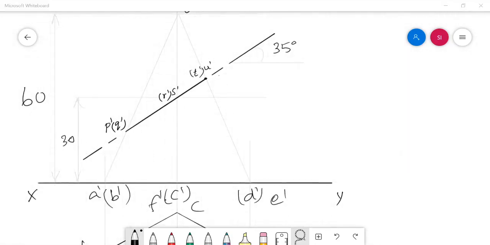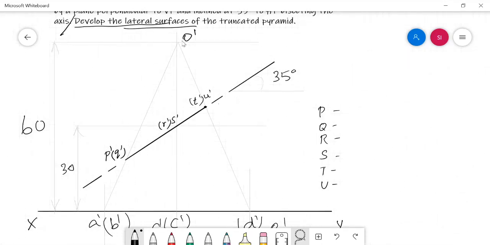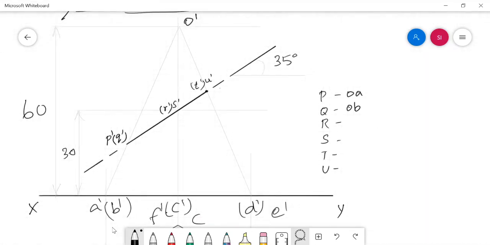The cut points P, Q, R, S, T, U are the cut points got from this problem, and the cut point P is in the slant edge OA, and the cut point Q is in the slant edge OB, and the cut point R is in OC, and S in OF, and T in OD, and finally U in OE.